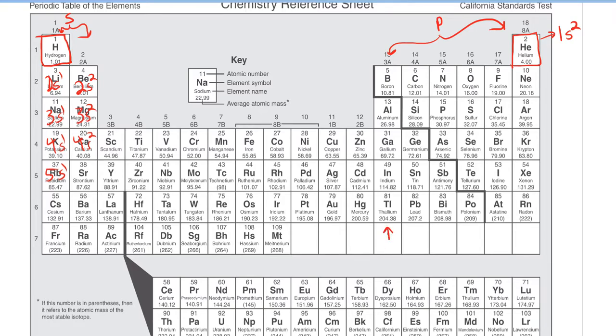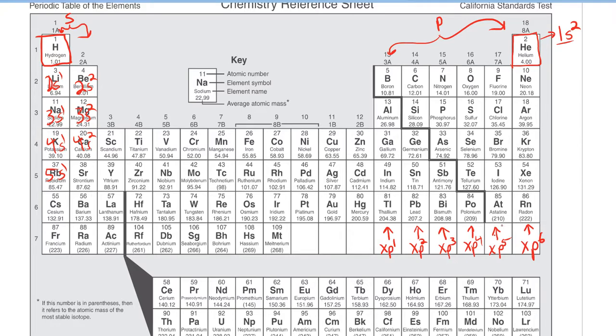So if they're in group 13, it's going to be XP1. If they're in group 14, it's going to be XP2. If they're in group 15, it's going to be XP3. These will be XP4. X is equal to the period number. This will be XP5. And over here we have all the noble gases, XP6, again with the exception of helium,